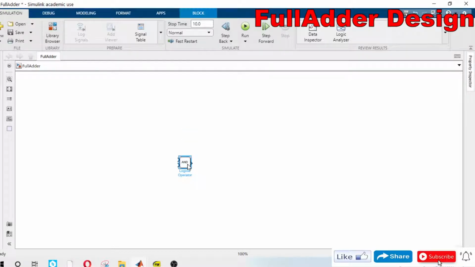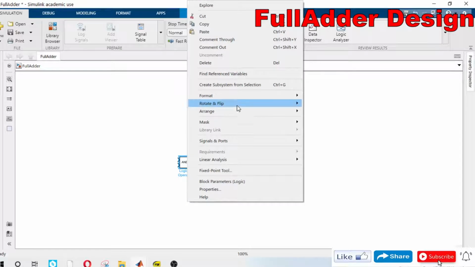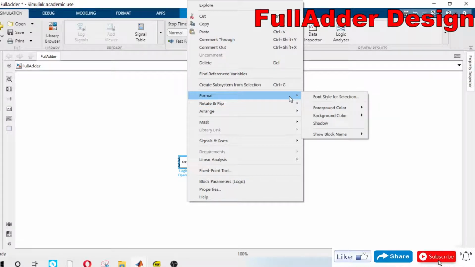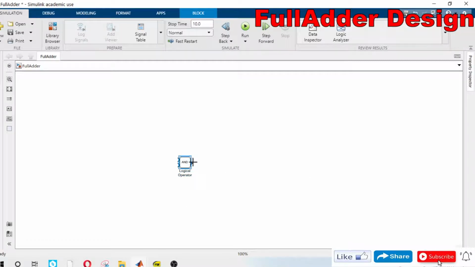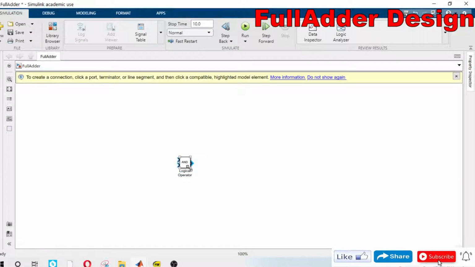I will make the block name visible. Right click, go to format, show block name on. We will keep the block name on. What I'll do is I will Control drag and drop to create a copy. We need one XOR gate.